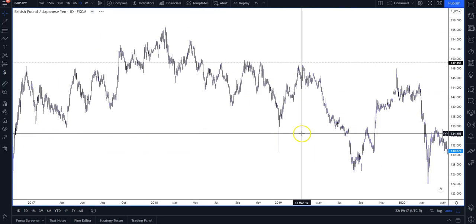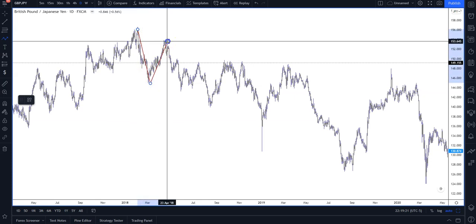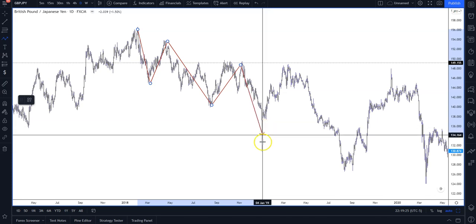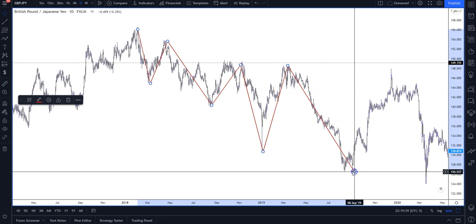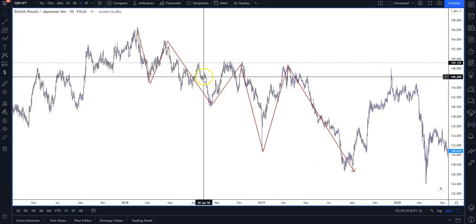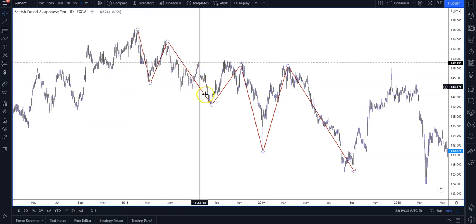All right, so if we take this, boom, boom, boom, boom. If you just look at the overall moves, don't even pay attention to all this wicked stuff. Like you see all this inside, all this stuff, don't pay attention to it. You know what I'm saying? Look at the overall move,